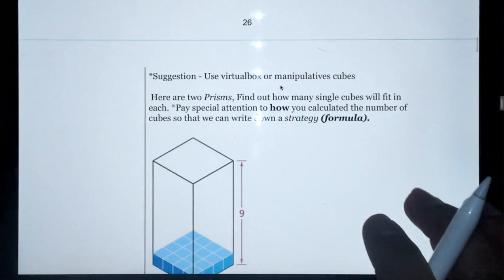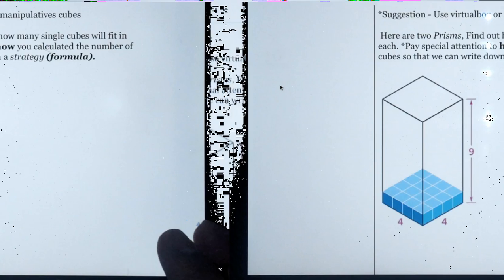Okay, so it suggests using a VirtualBox or manipulative cubes. I'm not here, so if your sub feels comfortable